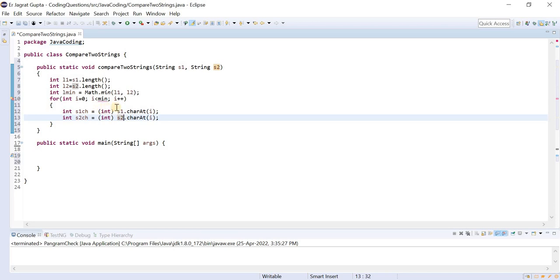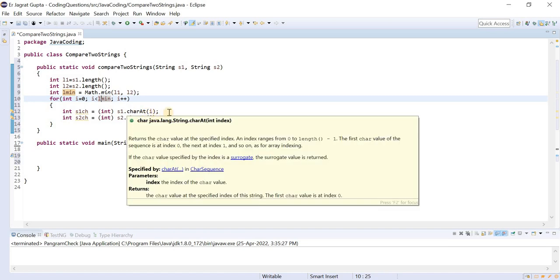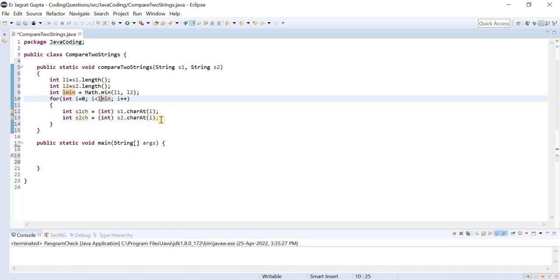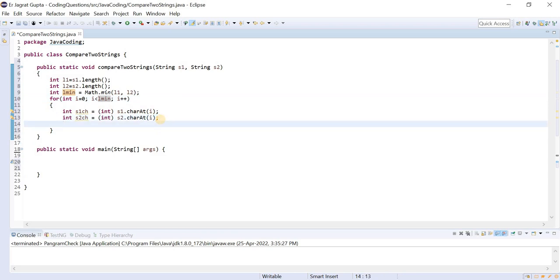Now just think about it. Let us suppose for i equals 0, it will extract the first character from the first string, and it will extract the first character from the second string also. Now I will compare it.